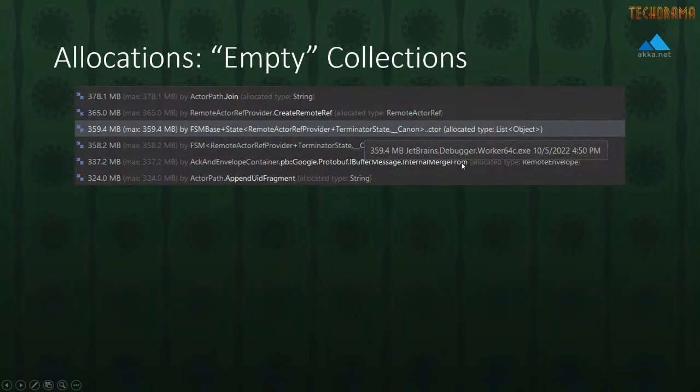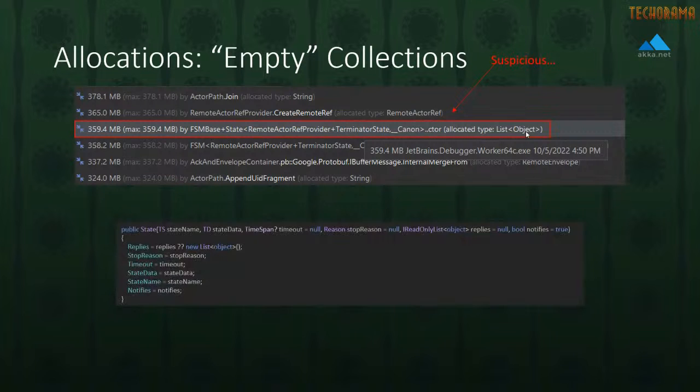Well, one thing I noticed when I was taking a look at the data from dynamic program analysis is that we were allocating a large number of list objects. And I thought, okay, that shouldn't be something we do a lot of. What could possibly be causing that? And lo and behold, it was this code from like 2014 that was causing it, which is that we are not allowed to have a null list of replies because that's just the way this API works inside the finite state machine actor.